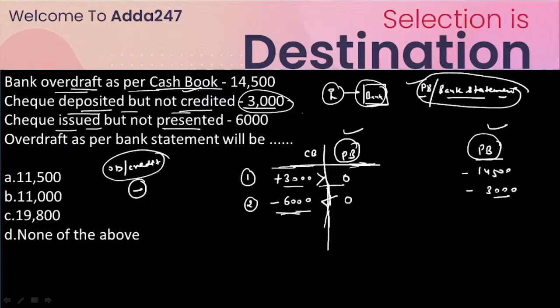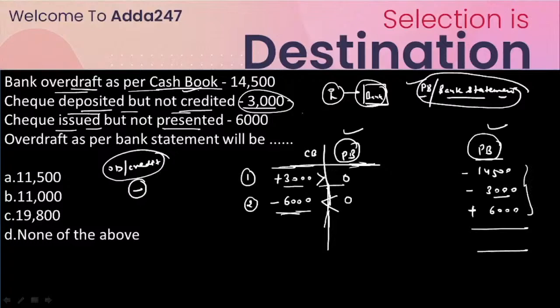That means the passbook balance is greater than the cash book balance. So that's why, if it is greater, we have to put the plus sign here. And by what amount is it greater? It is greater by the 6000 rupees. Okay, so if I ask what the answer will be here, you have to